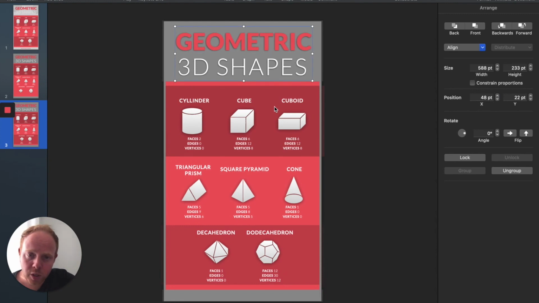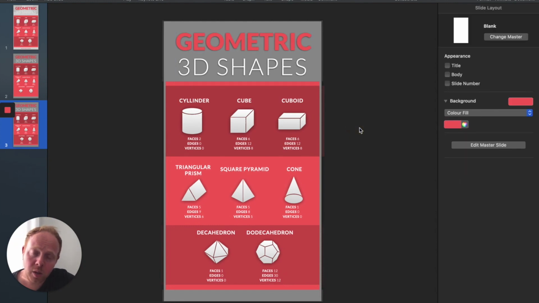So it's all about relationships in terms of design and also alignment. And in this case, the icons have contrast and a drop shadow. So I hope that's